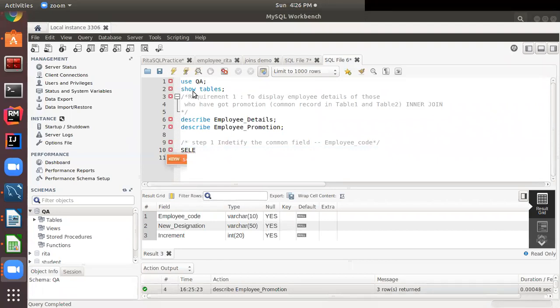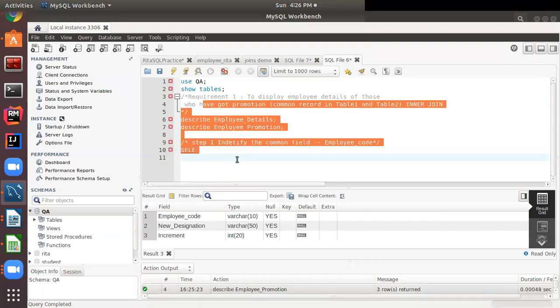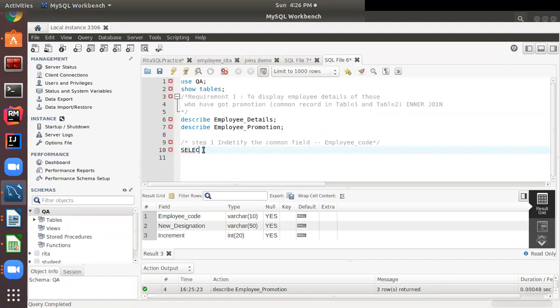Initially, let's suppose we want to show all the columns from both tables, so I am keeping select star. Then, after that, in from we will mention the table one name, which is employee